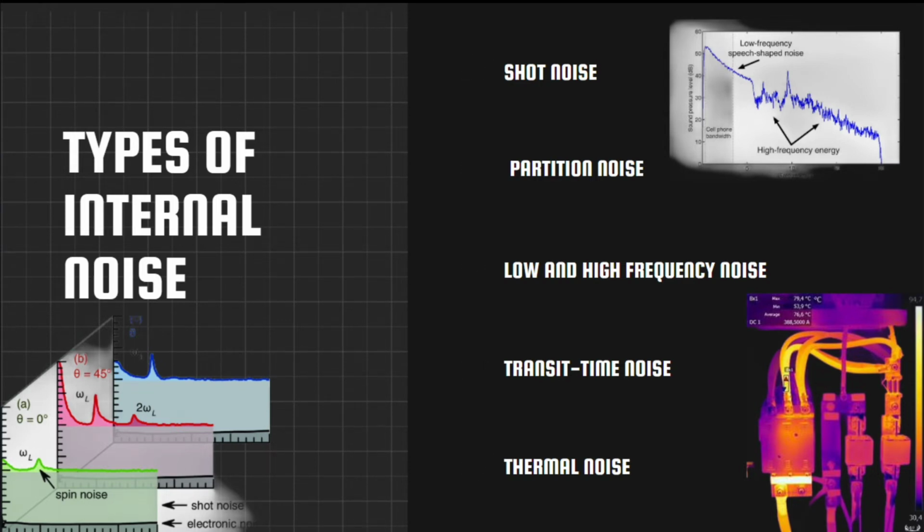And lastly, we have the thermal noise. Thermal noise is random and often referred to as white noise or Johnson noise. Thermal noise is generally observed in the resistor, or the sensitive resistive components of a complex impedance, due to the random and rapid movement of molecules, atoms, or electrons.